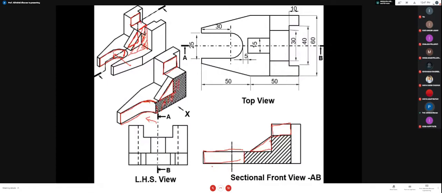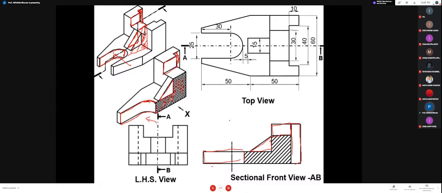To show the material, I have to use the hatching line. And the rectangular portion seen behind over here, see this rectangular portion, a strip like this, a rectangular strip, that is visible over here. Okay, so this is your sectional front view. After cutting, how does your job look like? That you have to draw by using a sectional view. Okay, here the sectional front view is there.